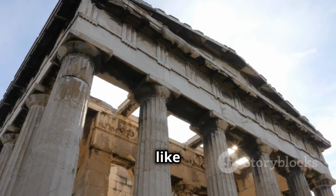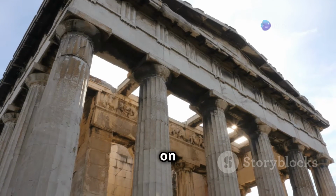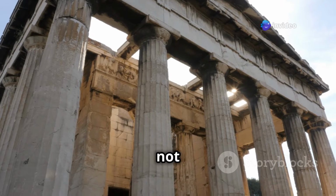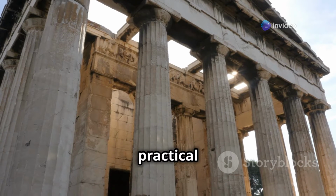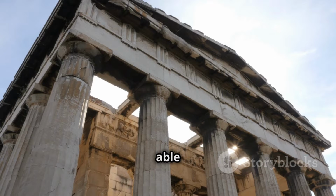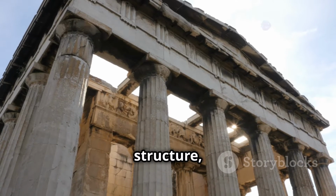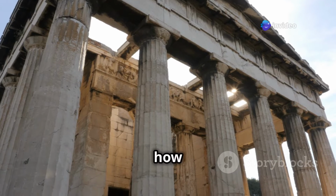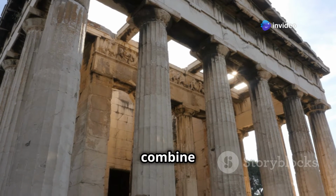Pseudoperipteral means it looks like it has columns all around it, but the columns on the sides and back are actually attached to the walls. This design choice was not just about aesthetics, it also had practical benefits. By attaching the columns to the walls, the architects were able to provide additional support to the structure, making it more stable and durable. This is a great example of how Roman architects were able to combine form and function